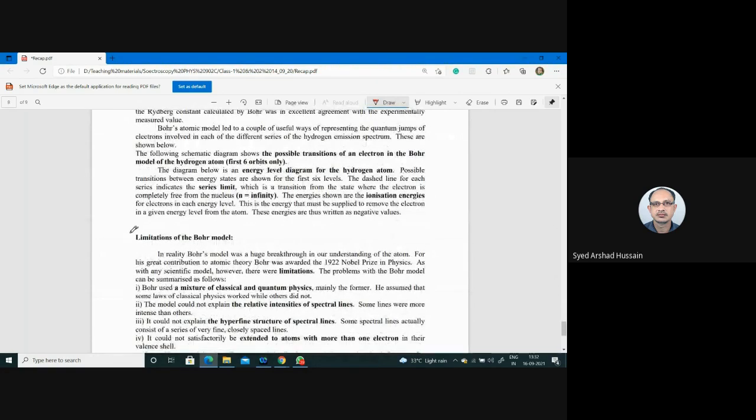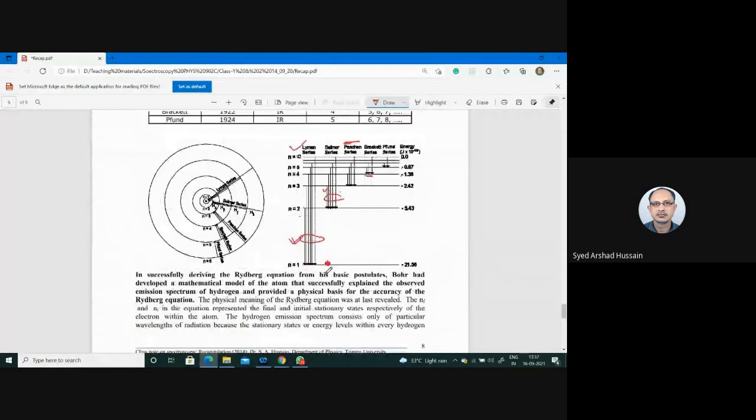There are some limitations of Bohr's theory, but before discussing the limitations, today I will stop here, and in the next class again we will continue with some more discussion on the successes. Then we will discuss the limitations and how these can be analyzed. So the message is that Bohr's theory, after Rutherford's theory, is a very good, concrete theory. Still, people are using it to analyze several features of atoms in a proper way. However, stability was a very high concern in the case of Rutherford's theory.